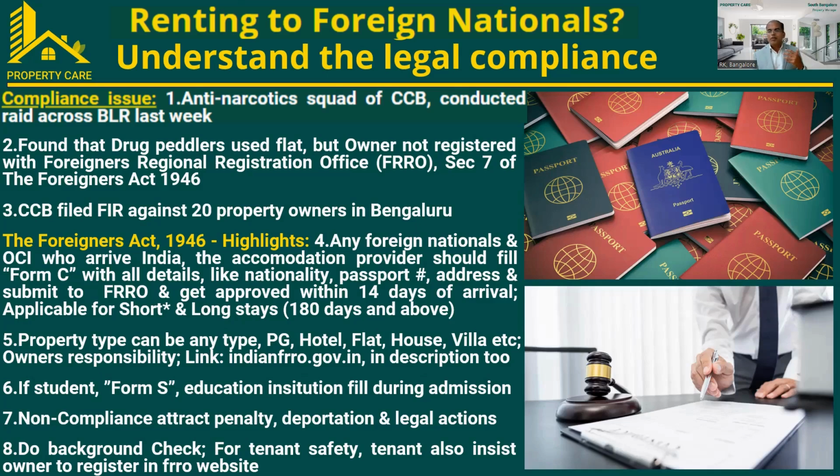They'll ask you for the complaint, passport, ID, and visa, and they put the person in the criminal database to check whether there is any criminal entry against them or not. We can fetch that data also. Just do the proper check when you rent out to foreign nationals. Some people pay higher rent, and because of that, owners are attracted to that tenant and rent out to them. And finally, they see drug peddlers, terrorists; these issues, they should not get into